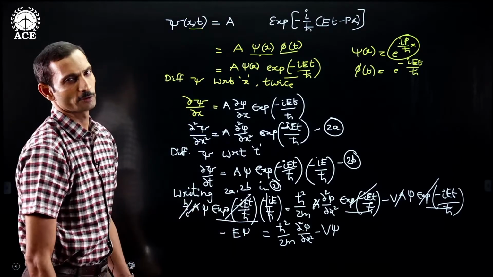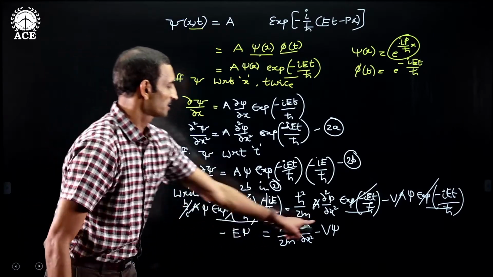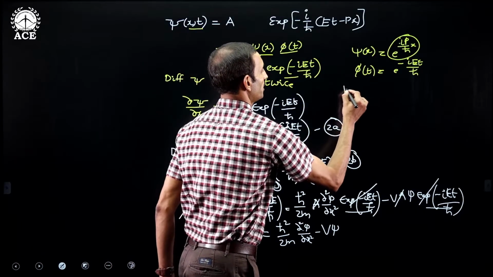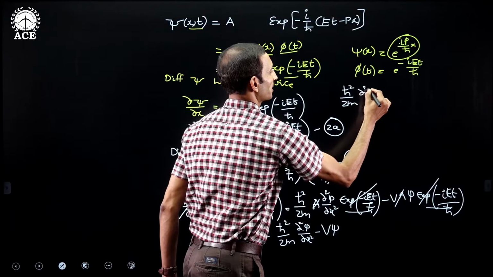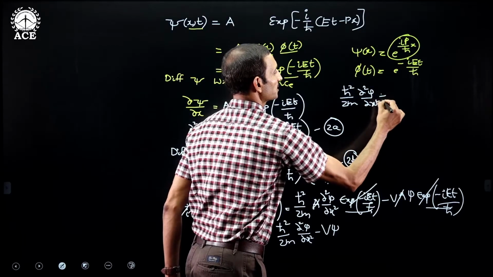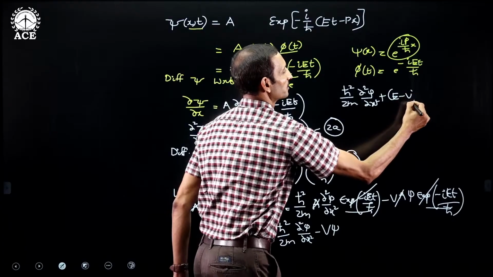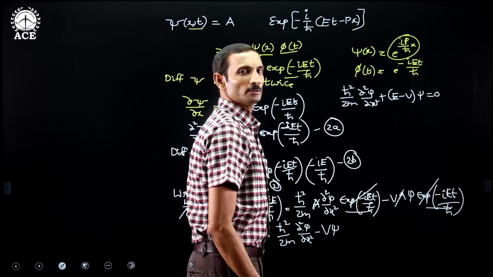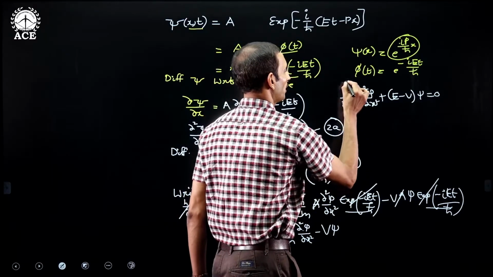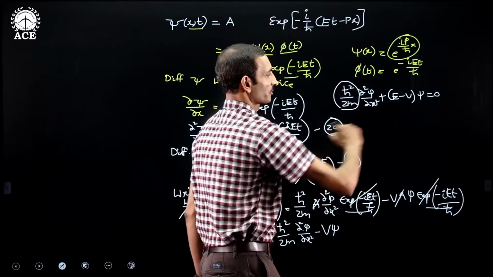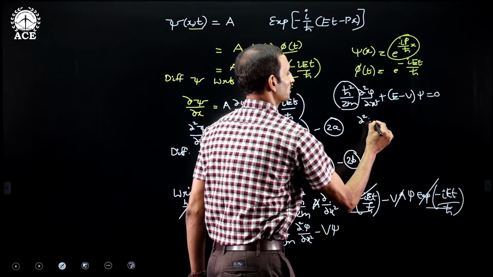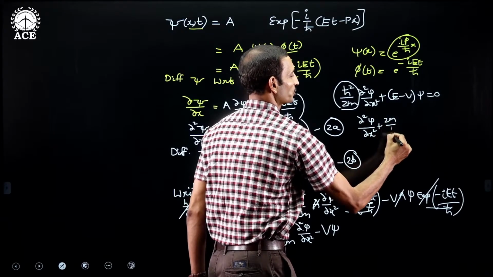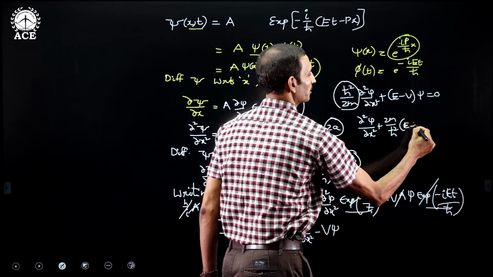Now this is your equation 3. If you want to refine it, you can take this E psi to that side. So ultimately you would end up with h cross square by 2m dou square psi by dou x square plus E minus V into psi is equal to 0. One more step: I would multiply this entire equation with 2m by h cross square, so that it becomes dou square psi by dou x square plus 2m by h cross square into E minus V into psi